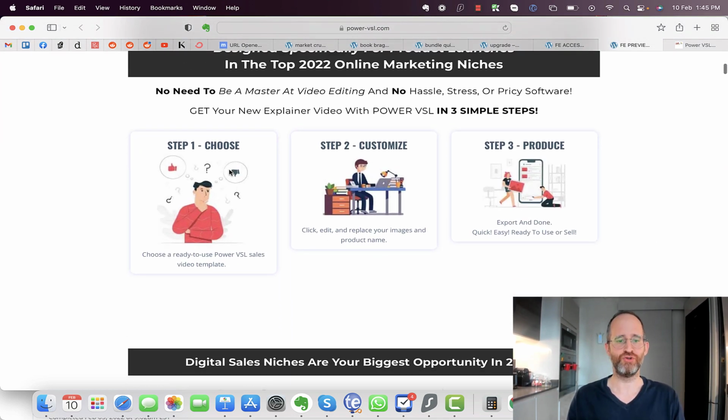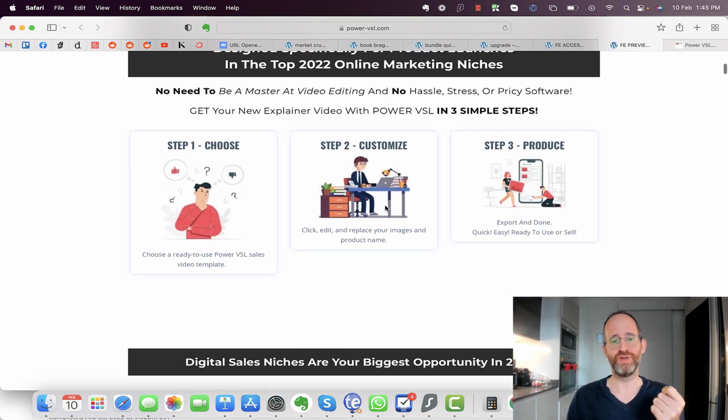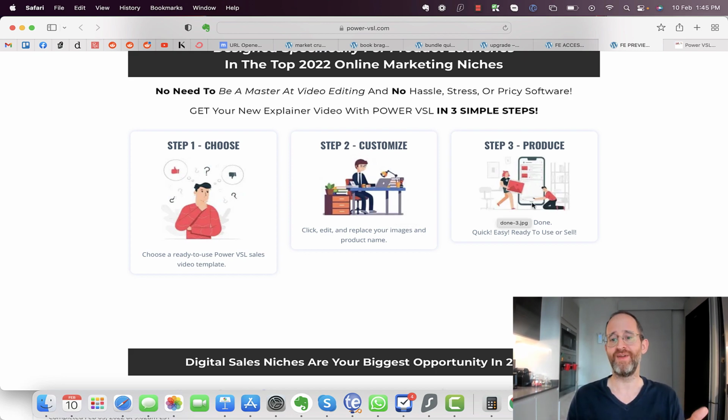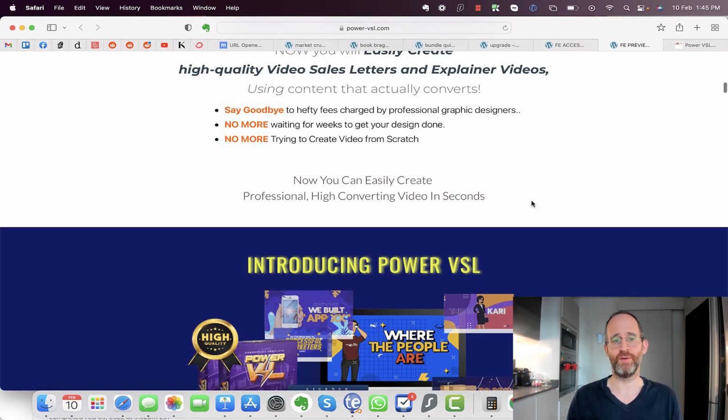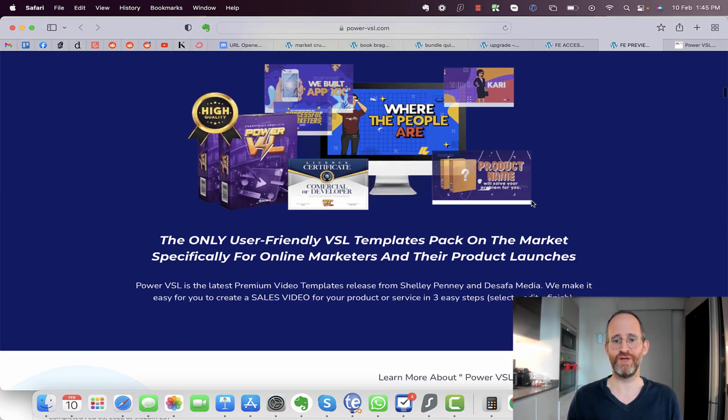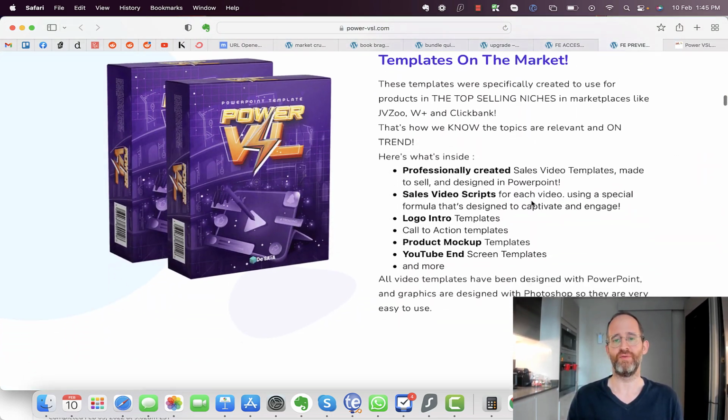It says here, step one, you choose the template, you click edit and replace your images and product name to make it be your own. And then you just export it and you're done with this and you have your own sales video. I mean, I think by now in 2022, we know that having a sales video is a must for our